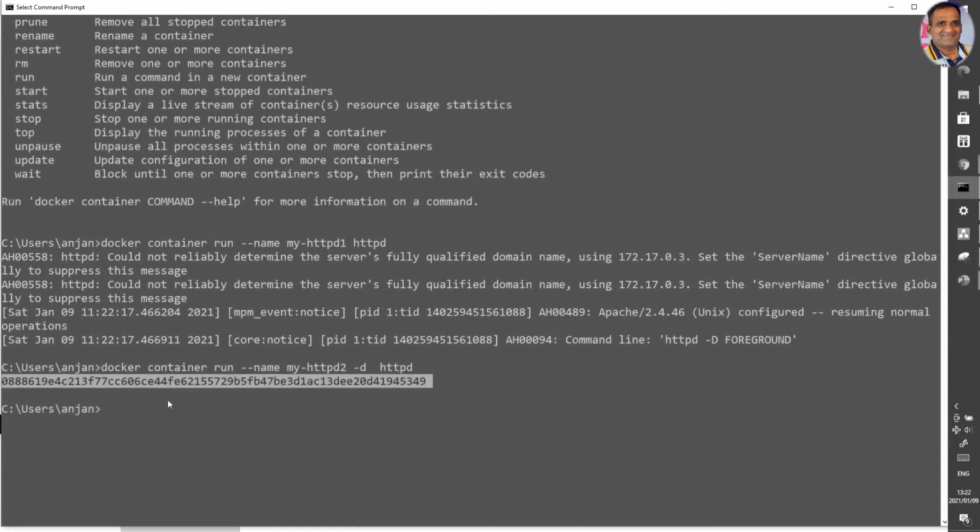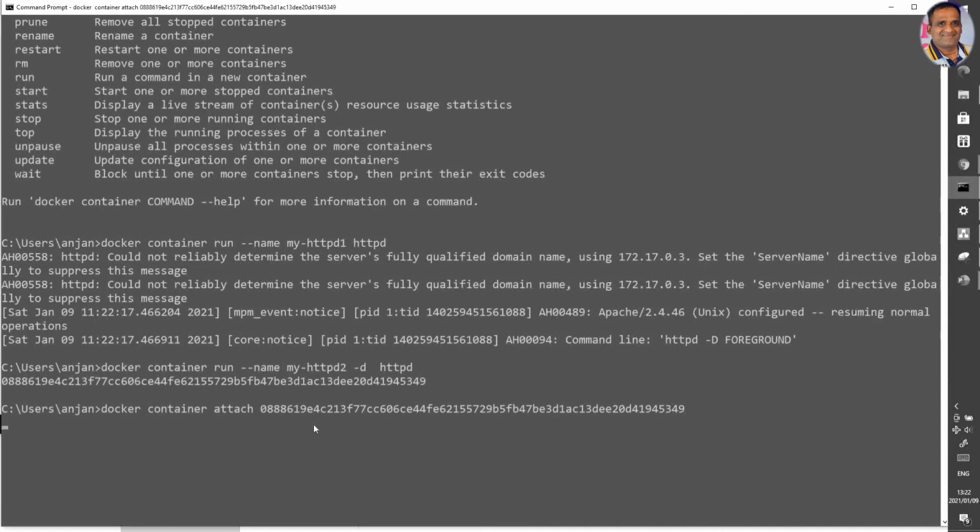So you don't see anything. Now if I want to attach this one, we do docker container attach, and you copy this ID, and it is going to be attached. Now when it is attached and we are accessing the application, you can see the logs scrolling here. To do that, because we haven't bound this one, that is the reason we can't see the logging.